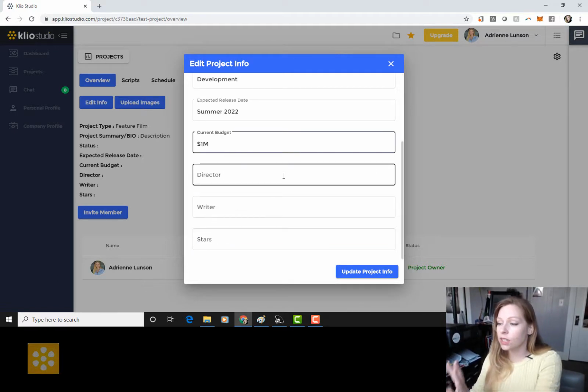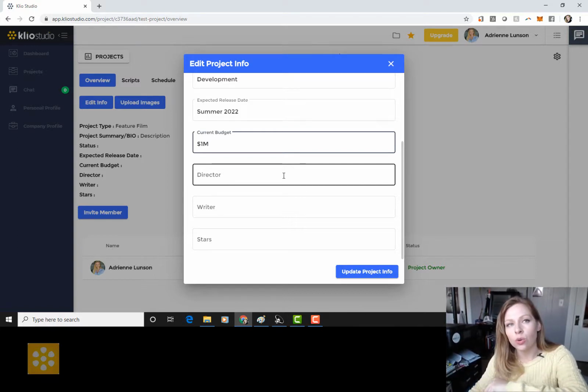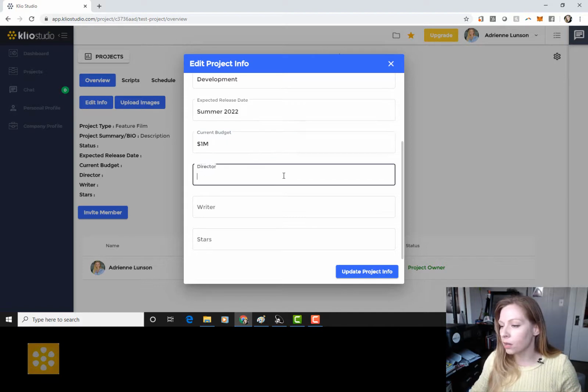So this is a little bit different. This overview, this project information, is the information that when you're in the future going to be showing this to people, trying to get them interested in the project, see if they want to be part of it. This is the information they're going to be able to see, what the writer is, who the director is, and anybody that you've attached to the project. It's not necessarily people that you've added in. So it's a little bit different, but we'll go ahead and put in